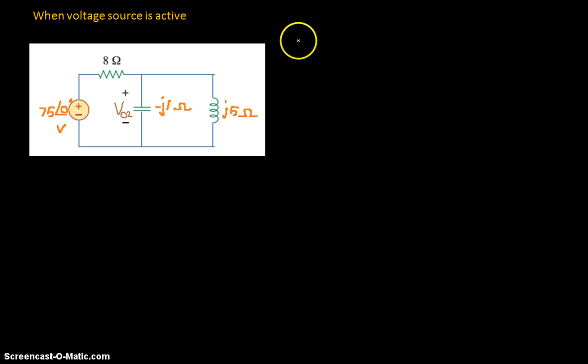Here for the voltage source, the omega value is 5 radian per second, so we have to recalculate the inductor and capacitor values in frequency domain. 1 Henry will be j omega L, which is j5 ohms. And same thing for the capacitor, 0.2 farad is minus j by omega C, which is minus j1 ohm. Where these values are replaced, our complete circuit is in frequency domain, so we are going to apply the